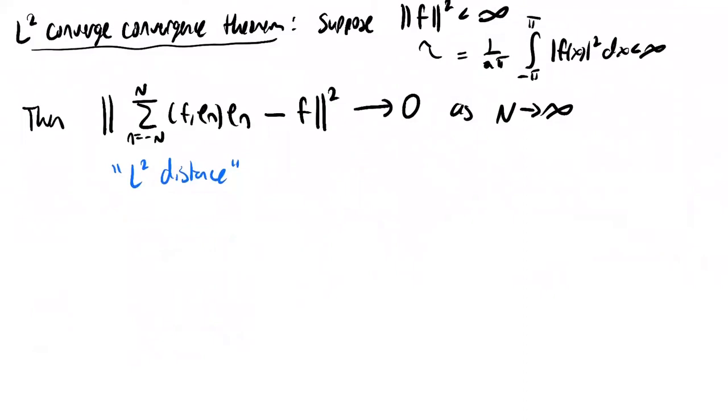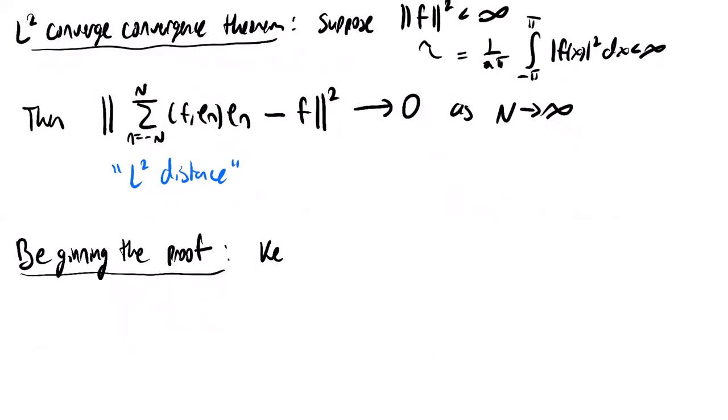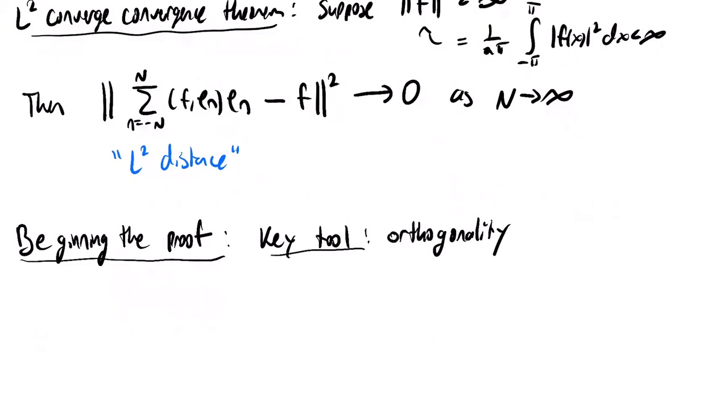Right. So let me just, I guess I'll title this like beginning the proof. Right. And so, the key takeaway is we're going to be using orthogonality all over the place. And so what I want to do to motivate some of the calculations we're going to do soon is, let's again go back to our analogy with vectors. So I want to just recall